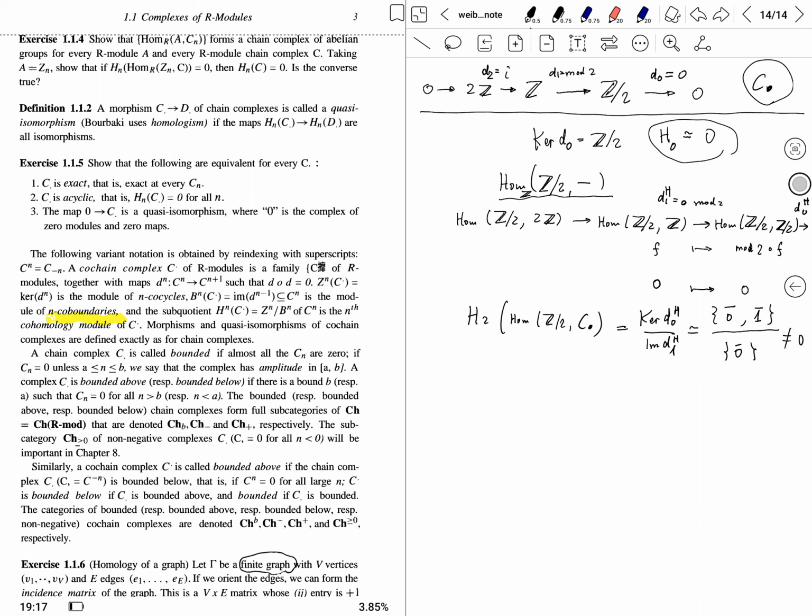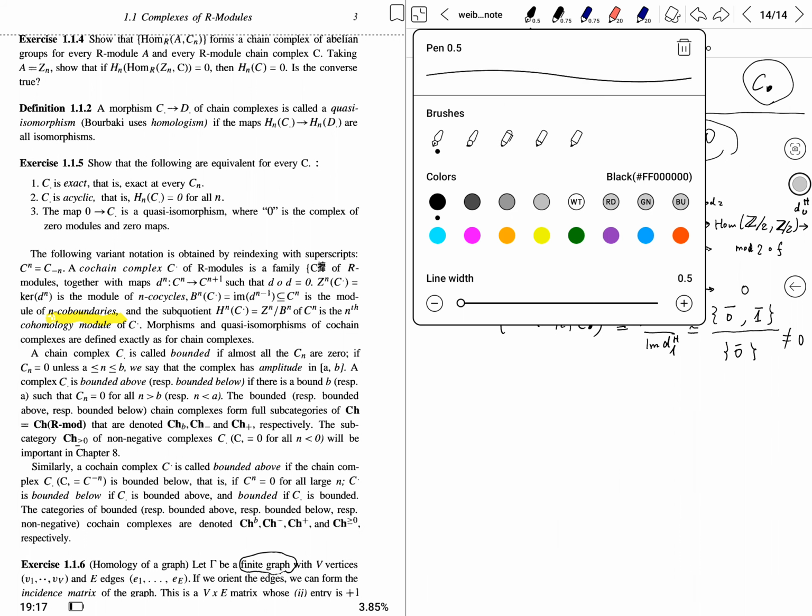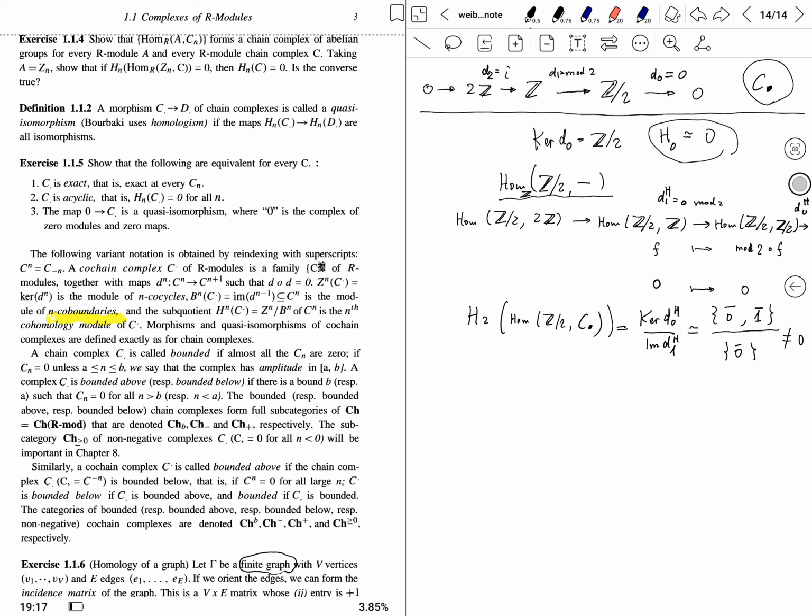So you apply Hom(Z/2, -), and then the first two terms consist of only the 0 element, because they're not of the same characteristic. You can only map everything to 0, otherwise you could not define a reasonable image of 1 bar. 1 bar could only be mapped to 0. And notice this last term has two morphisms, the identity one and the 0. And so the kernel quotient image tells you that it's not a 0 group. So if I encounter an example,